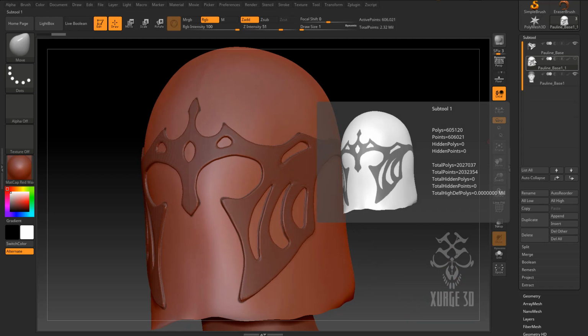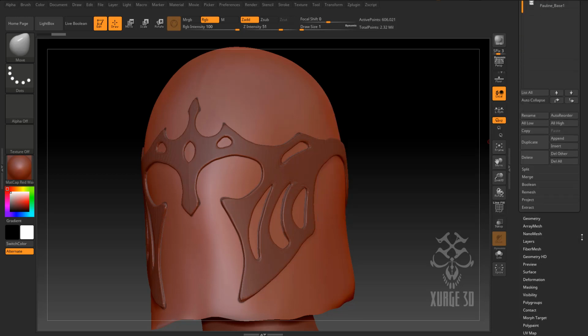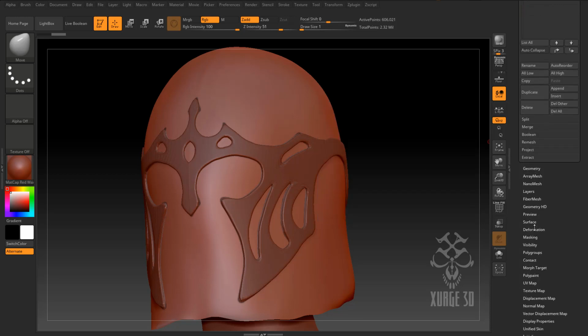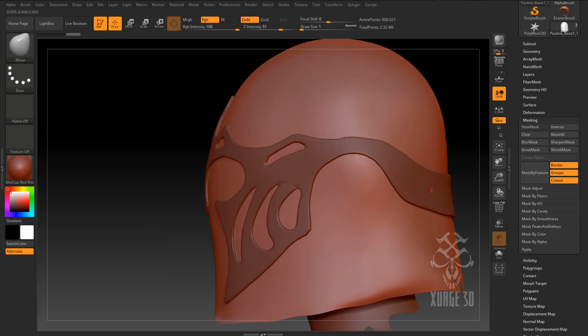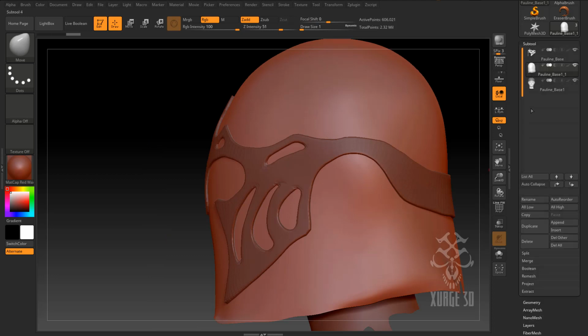So while that is selected, we turn it on, and we're going to go down to masking, and we go ahead and clear the masking from that piece. Okay, and now we can decide